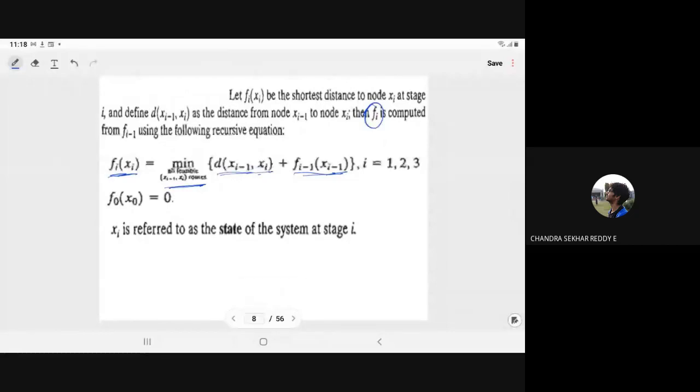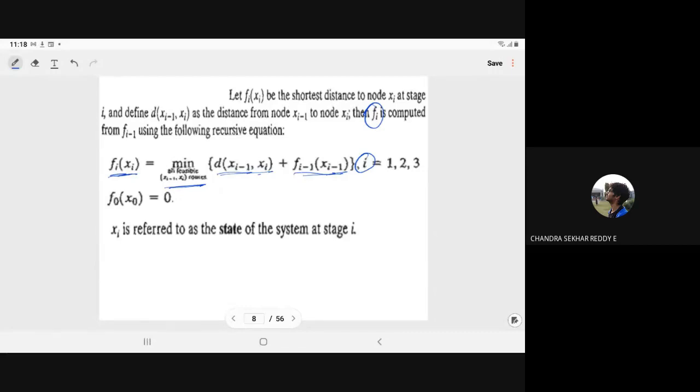Clear? And for each i, for stage 1, stage 2, stage 3, we have to write in this way. If you want to compute for the second stage, means for node 5,